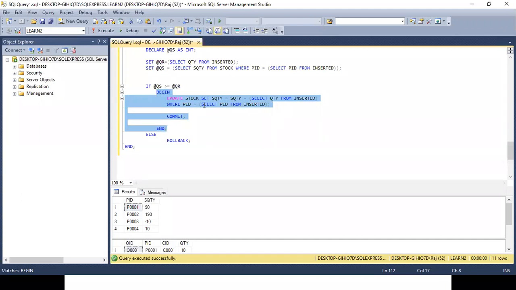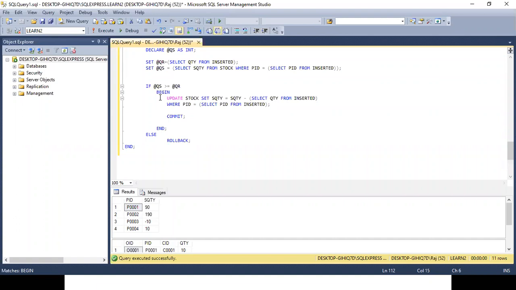This one statement is this, and second statement is this, so there are two statements for which I have created a block. Depending on this condition, I have to execute this block. If I do not create this begin and end, only one statement will be executed, and the next will not be a part of this if condition. So if I want multiple statements to be a part of the if condition, we have to execute them as a block using begin and end. Is this point clear?